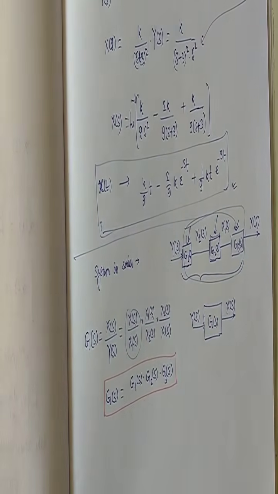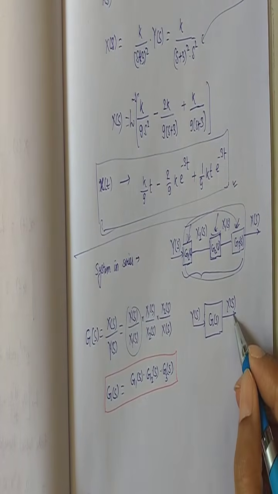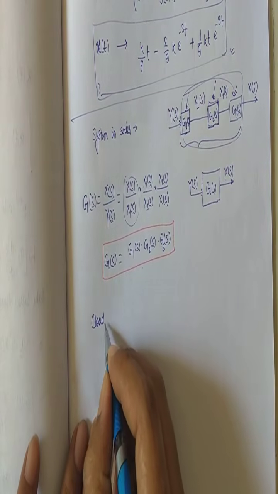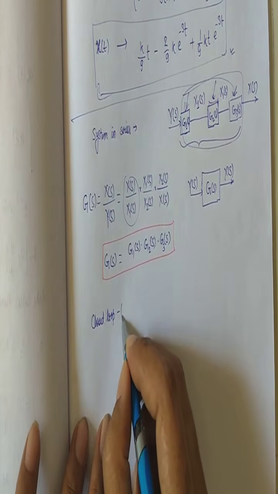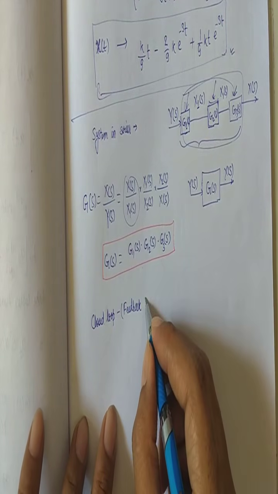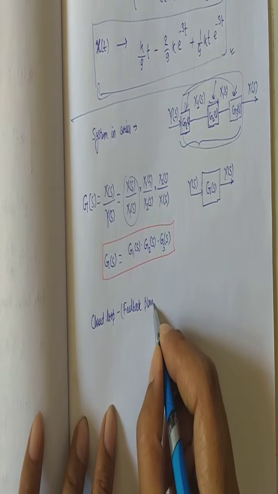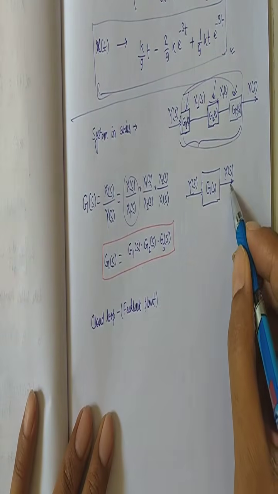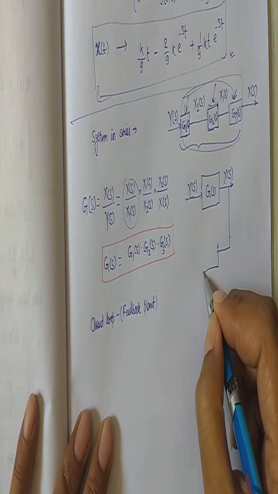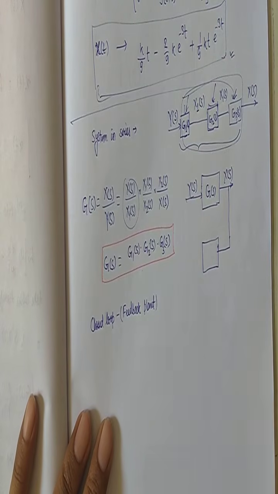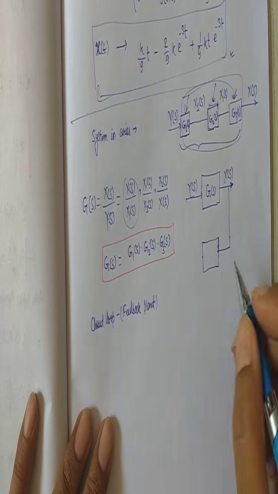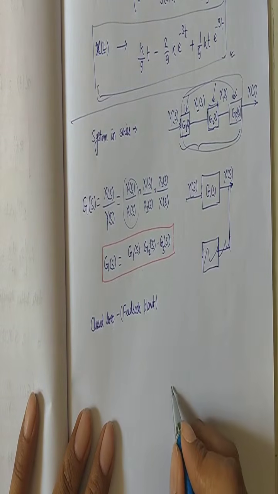Sometimes what happens, let's now talk about the closed loop or the feedback transfer function, feedback plant. So this is your open loop transfer function. Sometimes you will get a feedback. There will be a sensing device which will sense your output, and it will do, sorry, we will not do it here, we will do it freshly.